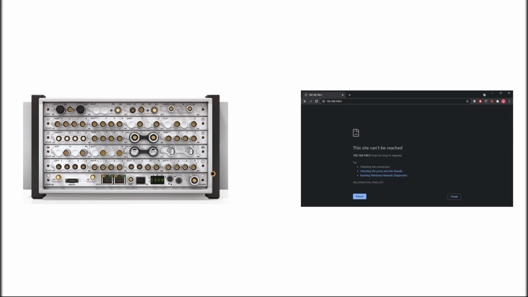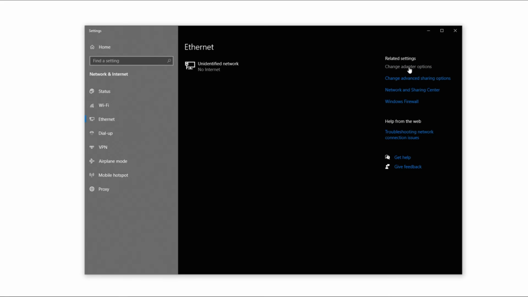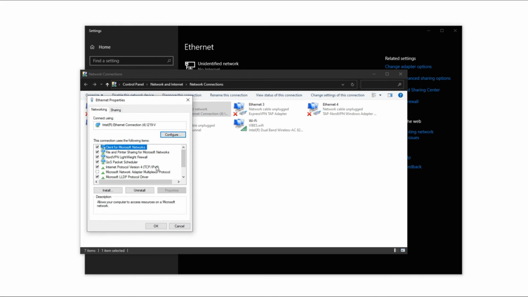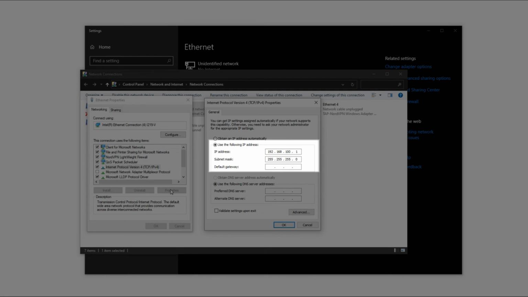If your MK2 is in live mode but you're still having trouble connecting to it, you might need to update your Ethernet settings. On your computer, navigate to the Ethernet settings and click Change Adapter Options. Right-click on Ethernet and select Properties. Select this connection and click Properties again, then fill in the following settings, ensuring the IP address you enter here is set to anything besides what the MK2 is using. Once this is set up correctly, you should be able to connect to the MK2 in Dirac.